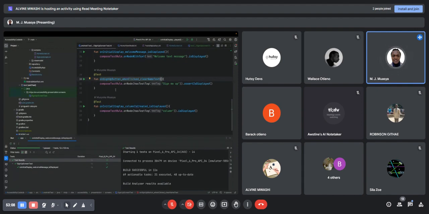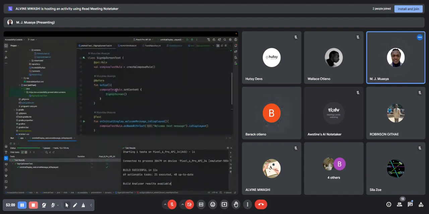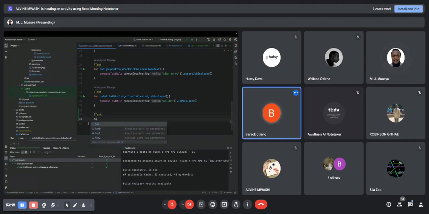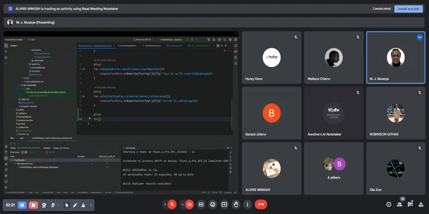Okay, you were saying we check whether the sign up button is a composable. Yeah. The sign up screen, if it's a composable function. I don't want us to go into the rabbit hole completely, but I feel maybe the answer to our question is in that scope logo here. Yeah. So okay, like